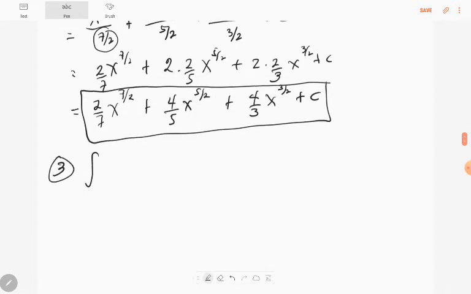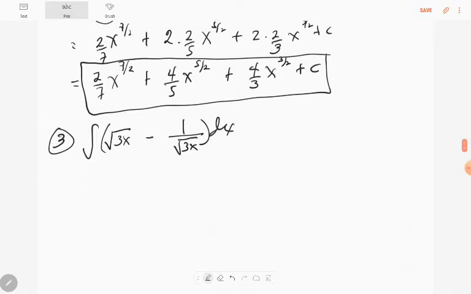It is the integral of the square root of 3x minus 1 over square root of 3x dx. Again, which formula do you think we will need to apply here? I mean, among the basic integration formulas. So the technique that you could apply would be to transform this into